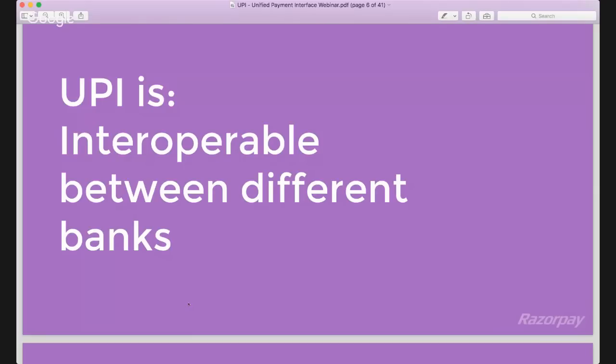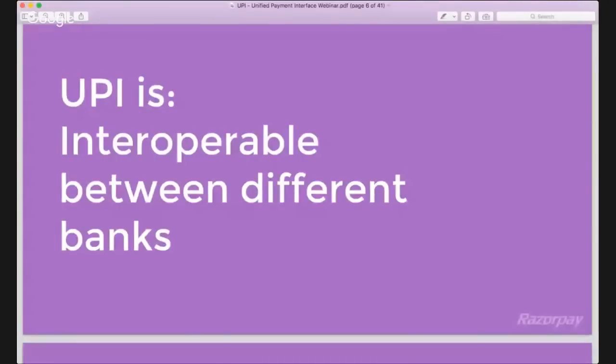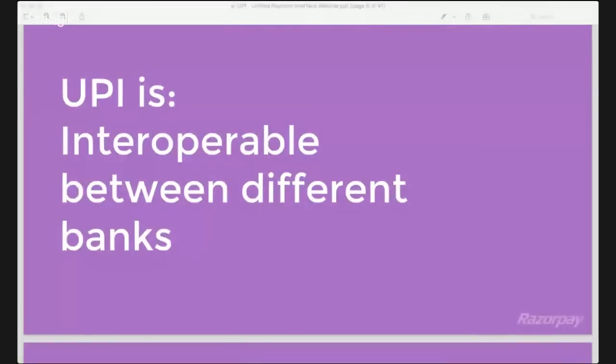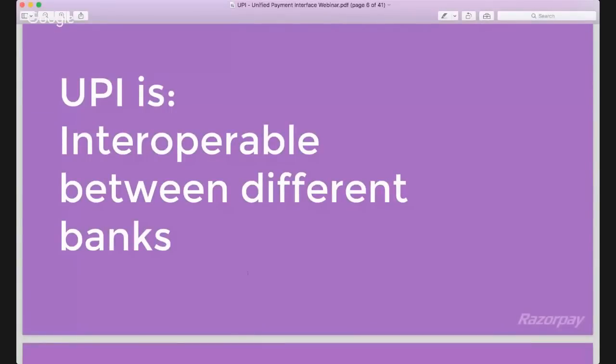And when UPI comes about, it carries this one step further. Currently, if you have a net banking application that you're using on the internet, or a mobile banking application provided to you by a certain banking provider, let's say HDFC or Kotak Bank, it only works for that particular bank. However, what UPI allows you to do is have interoperability between different bank accounts, which means that even if you have a bank application built and run by HDFC, you can still use it for other bank accounts belonging to other banks. So you can have a PNB bank account associated with